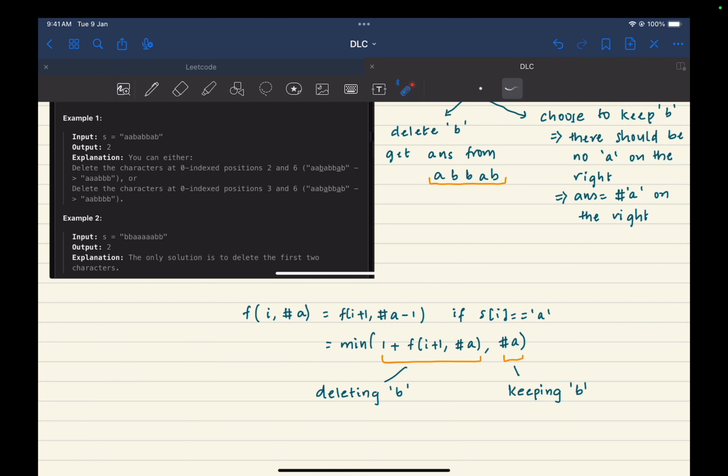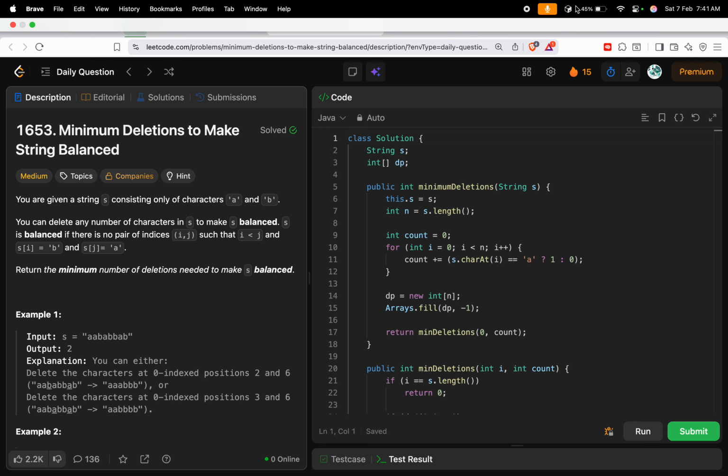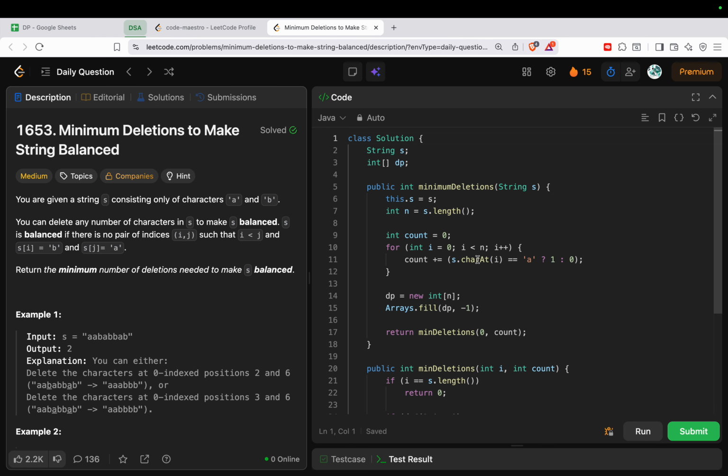Okay, so let's jump back to Leetcode and let's see how I've implemented. So I've just defined two variables at the class level, which is s and dp. As I mentioned, the states will be repeating and we should also cache those states, so that is why I defined a dp array. So I'm just setting my